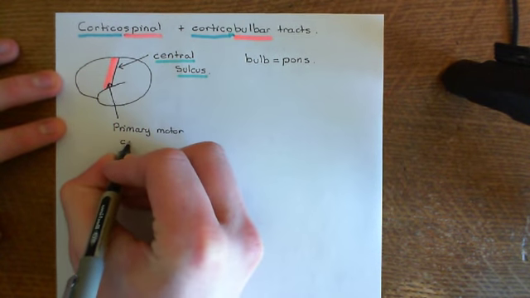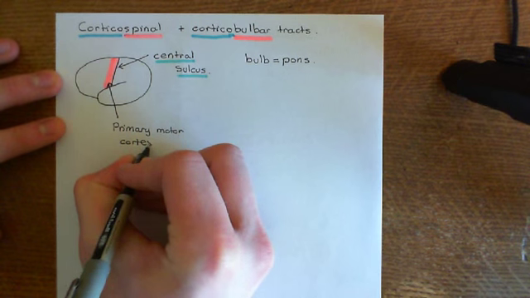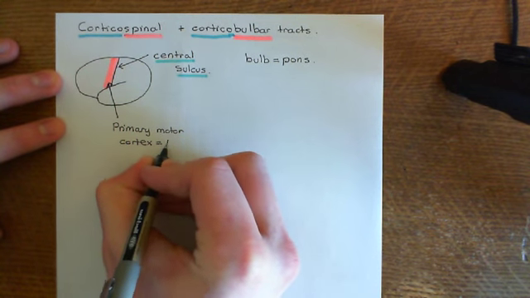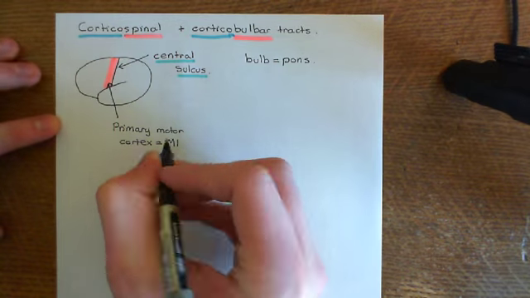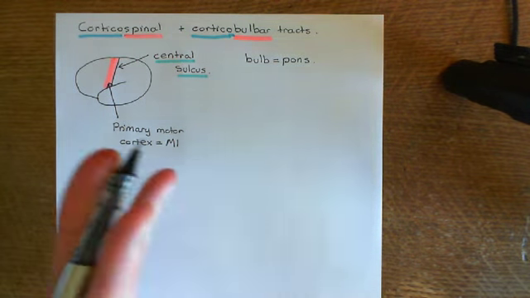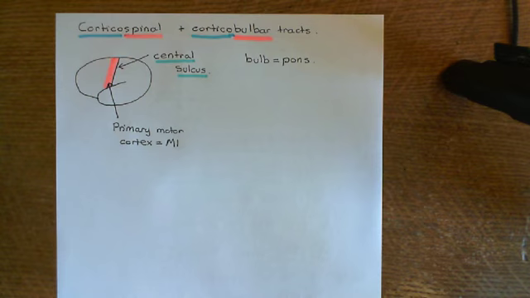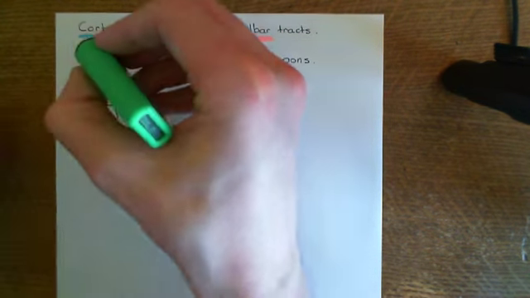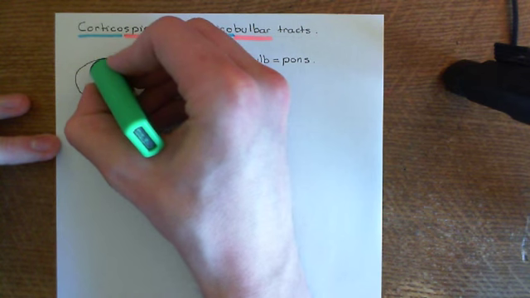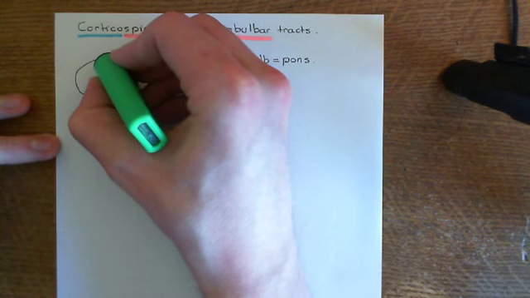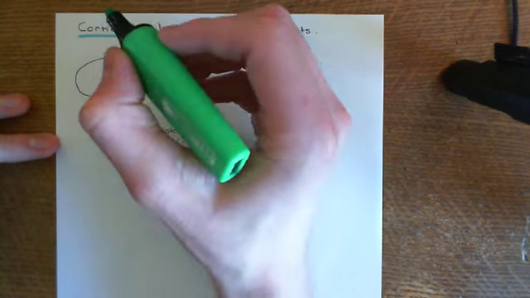For short, the primary motor cortex is often abbreviated down to M1. M for motor, 1 for primary. So this is the portion that sits right in front of the central sulcus. Then, in front of the primary motor cortex, we have another portion that's very important in the motor